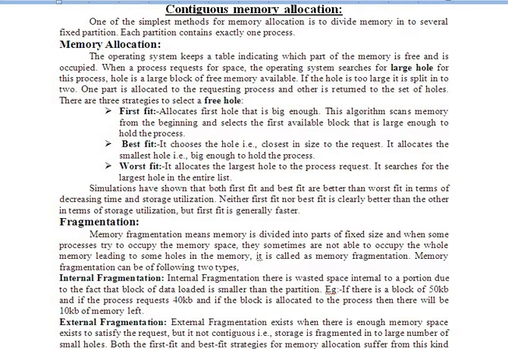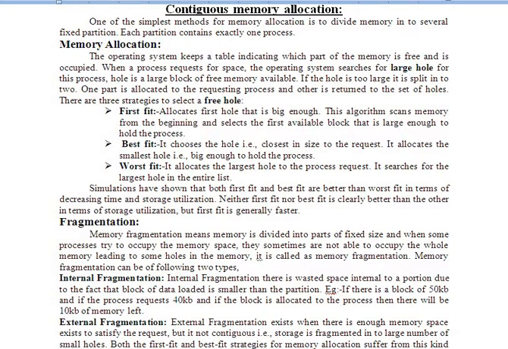Now, one method of allocating memory is having a fixed partition in memory so that each partition contains exactly one process. I repeat, having a fixed partition of memory, and each partition should contain only one process at a time. We will not have, for example, one fixed partition holding two processes. There will be only one process in a partition. So let us see how exactly contiguous memory allocation can be done.